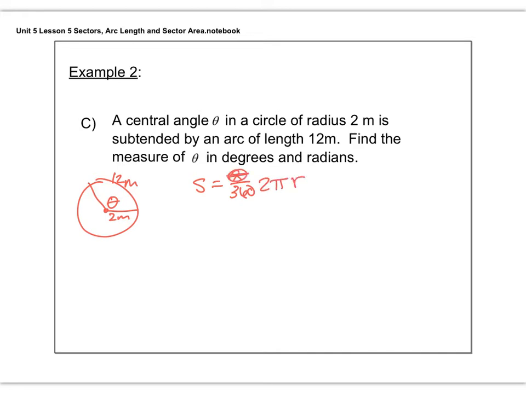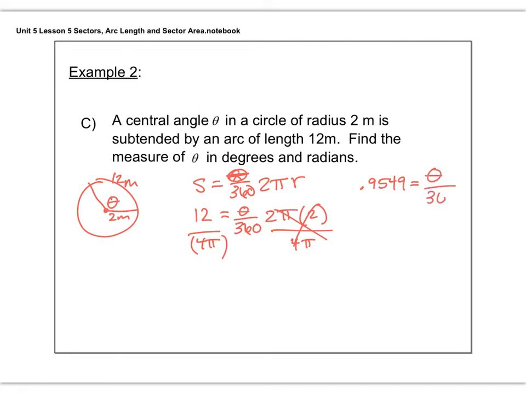And go ahead and plug in your numbers. So you could have 12 equals theta over 360 times 2 times pi times 2. Take 12 and divide it by 4 pi. You probably have to put this in parentheses in your calculator. And then take that answer, which is 0.9549, and multiply both sides by 360. Theta should turn out to be 343 degrees,